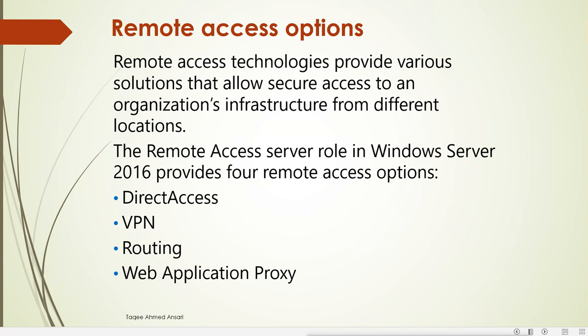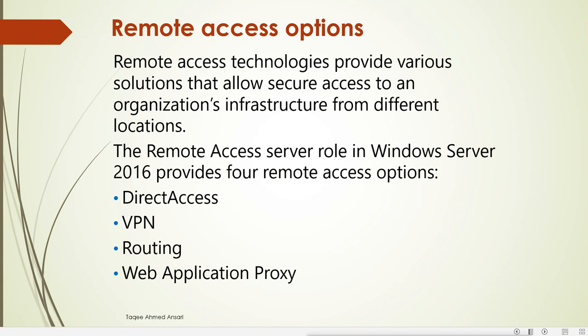Now what can we do? We can provide the connection to those users who are working online, from home or on site. For that, they can have access only through the internet. Now what is the internet? A public network. But public networks are what? Not secure. So if the users are trying to access the resources of the organization through the internet, then it is not secure to provide the connection.